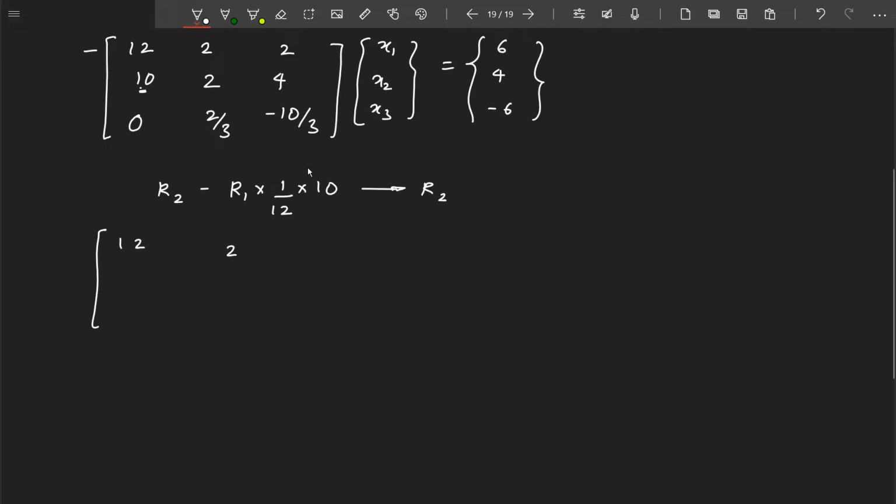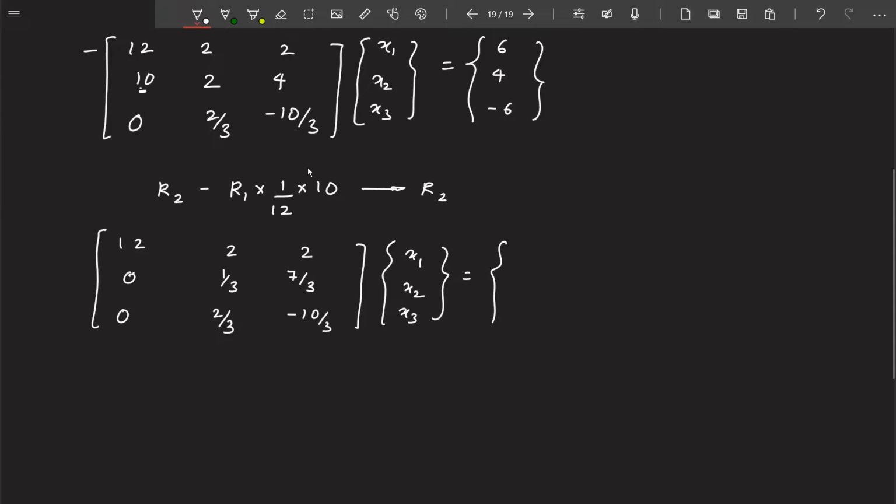this is 12, 2, 2, this becomes 0, 1 by 3, 7 divided by 3. This remains the same, nothing is going to change in this row. Nothing is going to change in this and this. The only change is going to be here, that is minus 1. Okay. Now once we have done this,